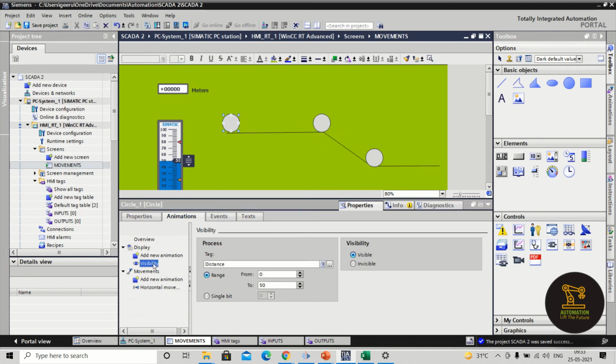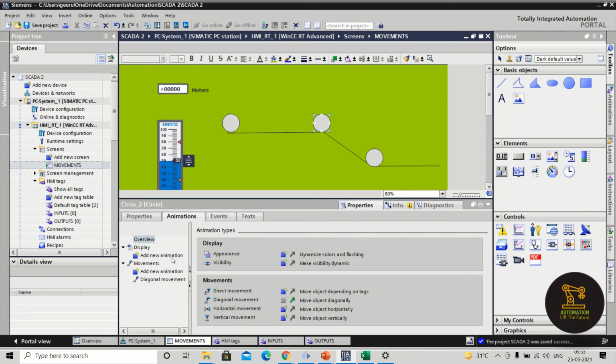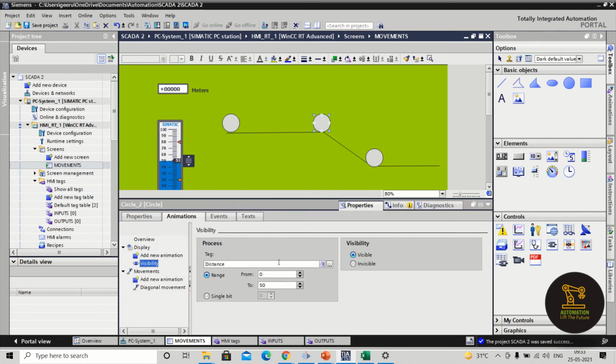Now the same property should be given to this one. What I'm doing, I'm just copy pasting to the next one, with the same tag name, and just changing the range from 51 to 75. Right?